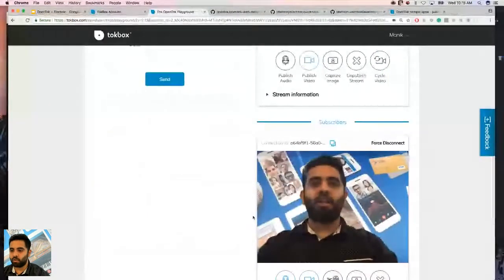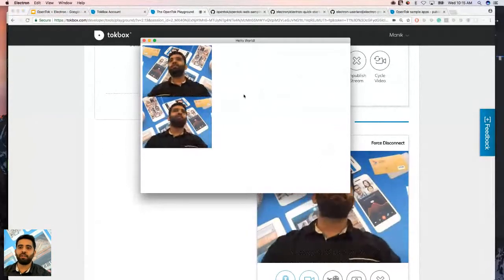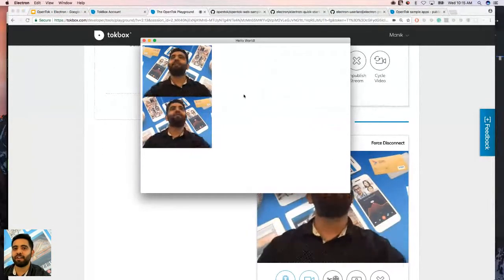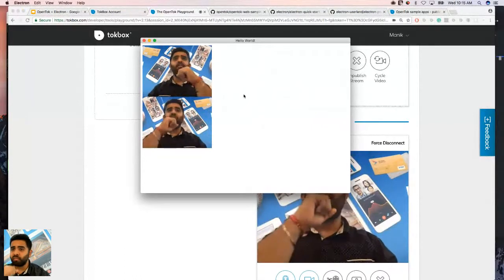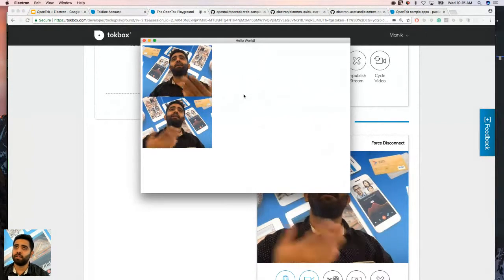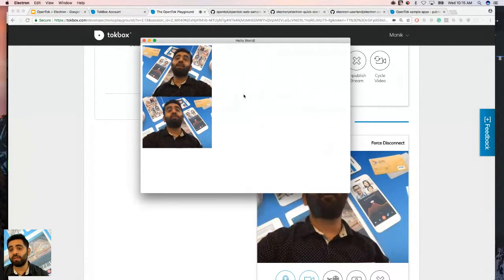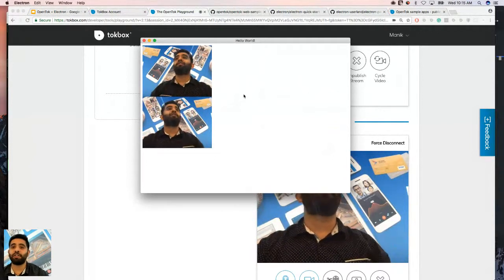So now let's open up our Electron application, and you can see two of me. It's as simple as that, super easy to add live video to your Electron application. And you can totally use the same code for your Windows app, your Linux, and your Mac OS application. We even have customers running this on a Raspberry Pi,